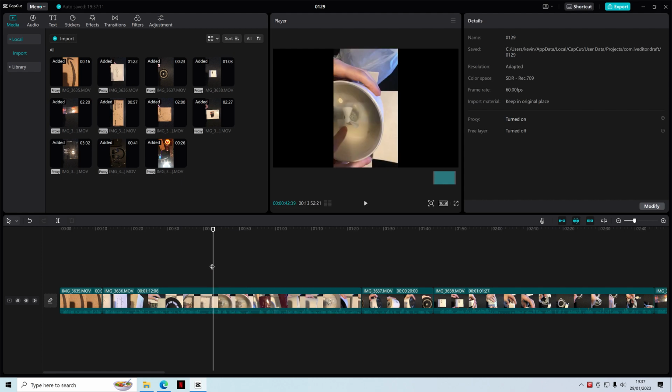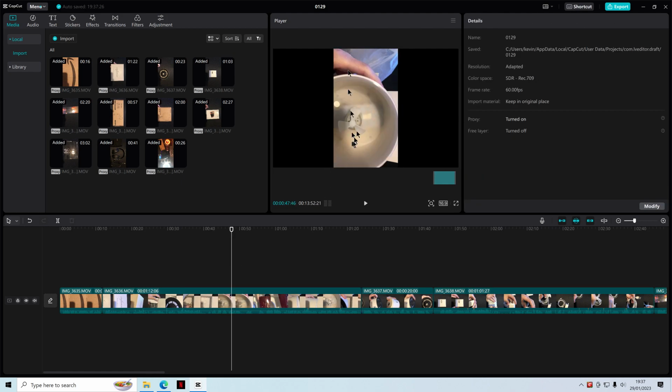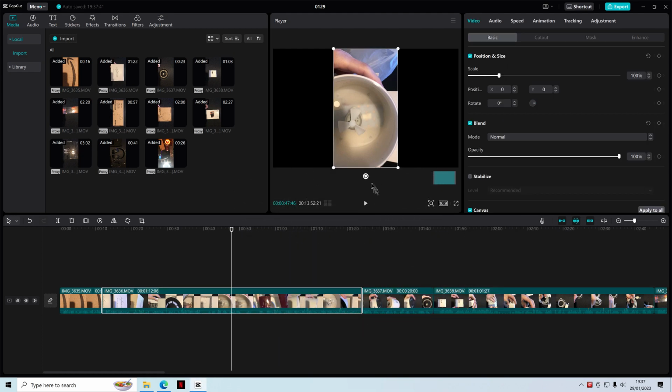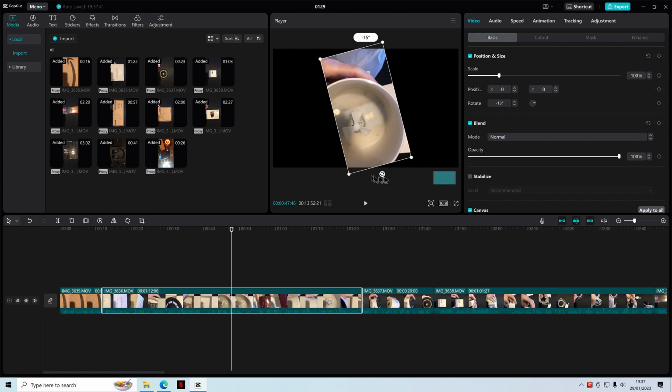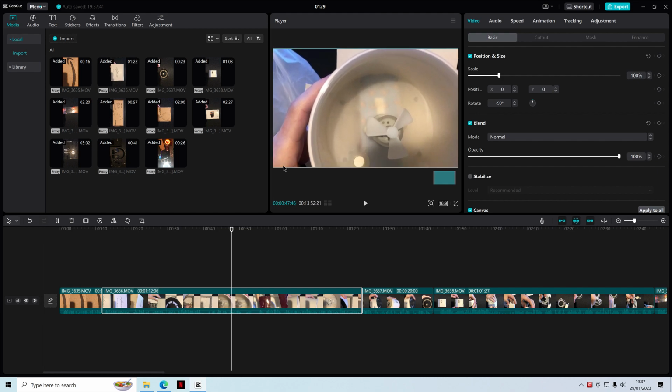So you go here on your timeline into this section of the video, just click so you can see it's in the portrait mode, and from there you come over here, make sure you click it onto 16:9, okay, press the picture and then grab this little bit here and twist it. From there you just grab the corners and you pull it out to fill the screen, and now your video